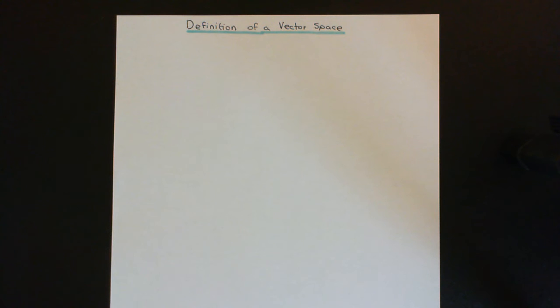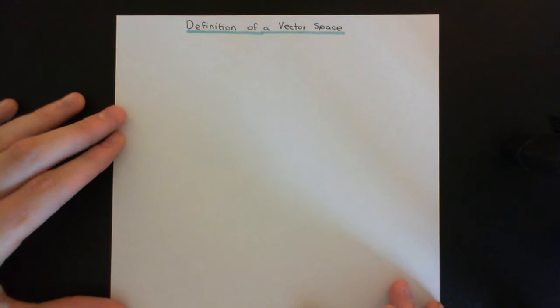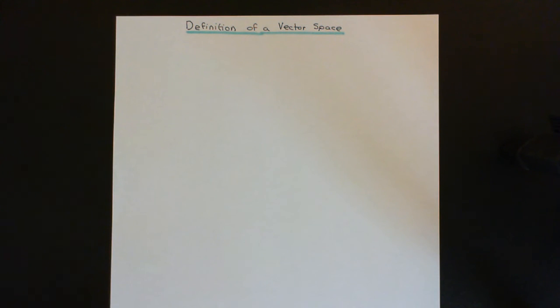Once again, we are defining a type of number system, and any number system that you have which obeys all of these axioms that I'm about to list off will be considered a vector space number system. Okay, right. So first thing to say is that when you're defining a vector space, you need to have a field in mind that you're working with. You can't define a vector space without having some field which the vector space is going to be over, which is why it was necessary to firstly look at the definition of a field before we could look at the definition of a vector space.